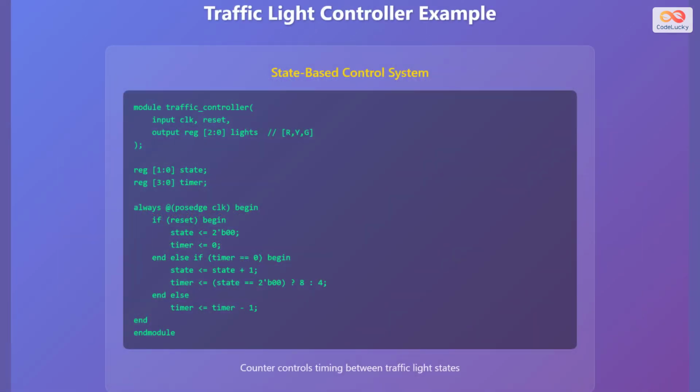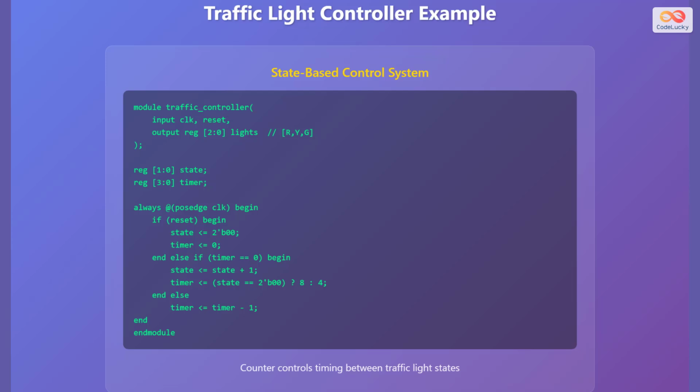Here's an example of a traffic light controller implemented as a state-based control system. The module is named Traffic Controller. It takes clock and reset as inputs. The output is a 3-bit signal called lights, representing red, yellow, and green lights. A 2-bit register is used to represent the state, and a 4-bit register called timer is used to control the